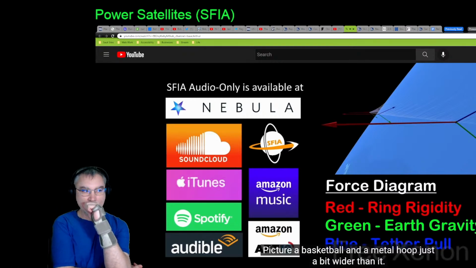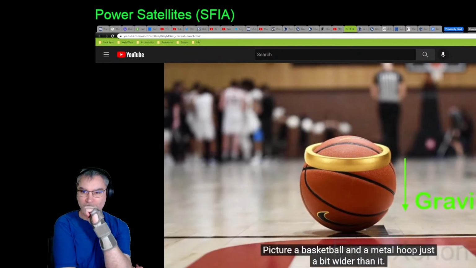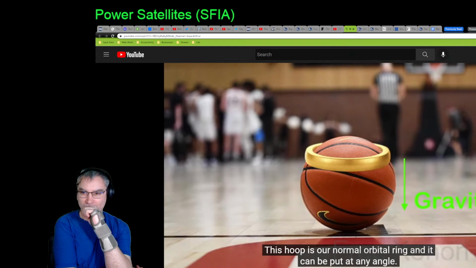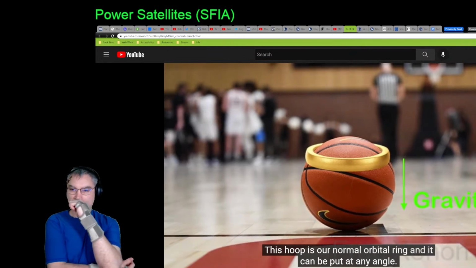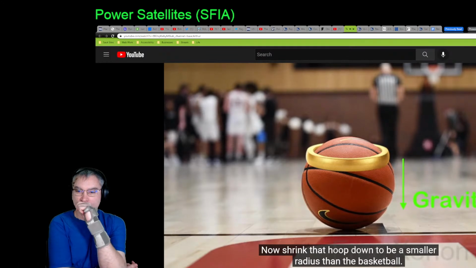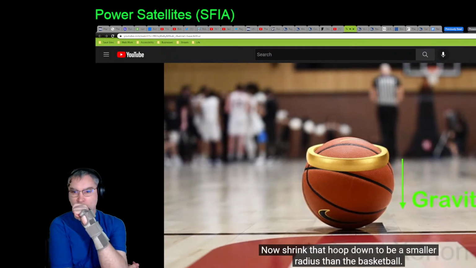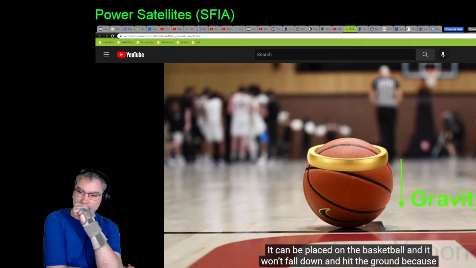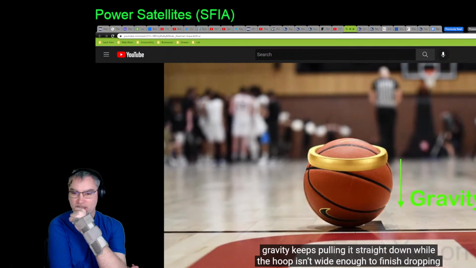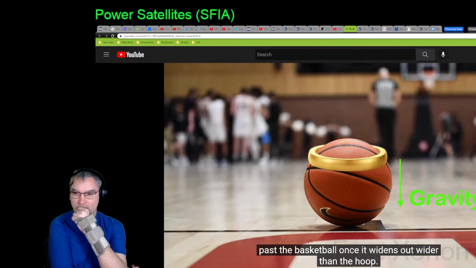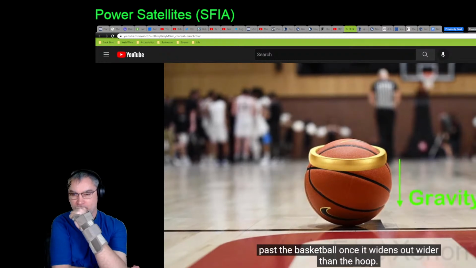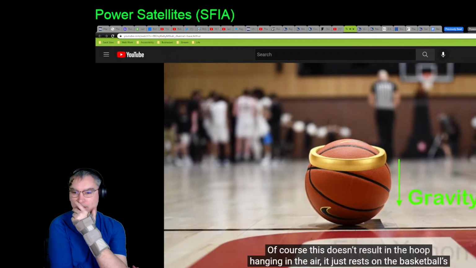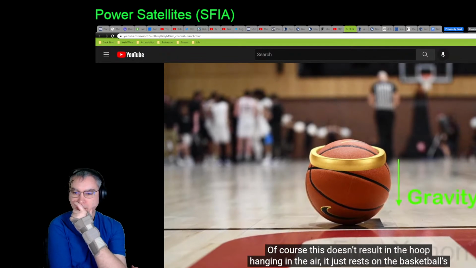Picture a basketball and a metal hoop just a bit wider than it. This hoop is our normal orbital ring and can be put at any angle. Now shrink that hoop down to be a smaller radius than the basketball. It can be placed on the basketball and it won't fall down and hit the ground because gravity keeps pulling it straight down while the hoop isn't wide enough to finish dropping past the basketball once it widens out wider than the hoop. Of course, this does not result in the hoop hanging in the air, it just rests on